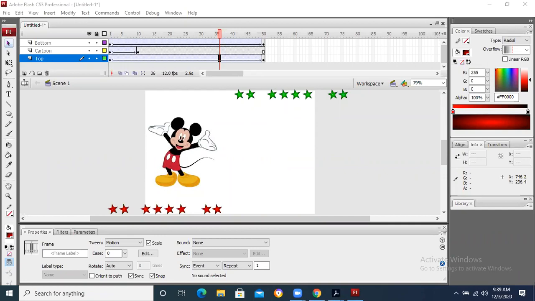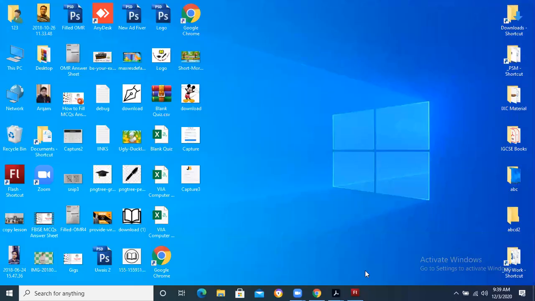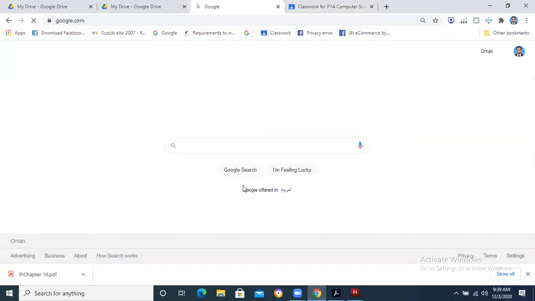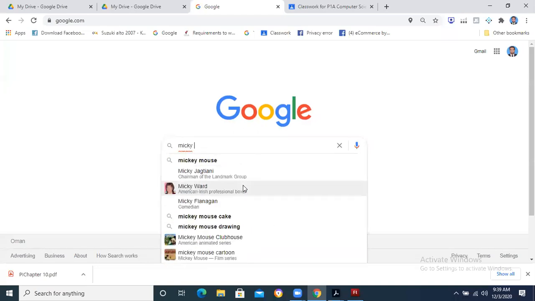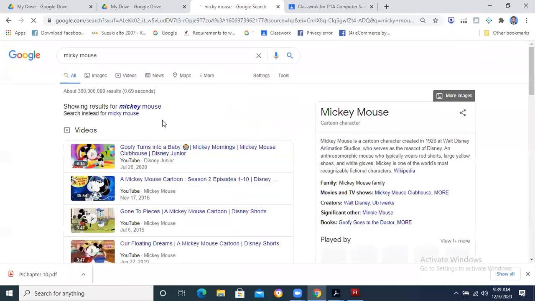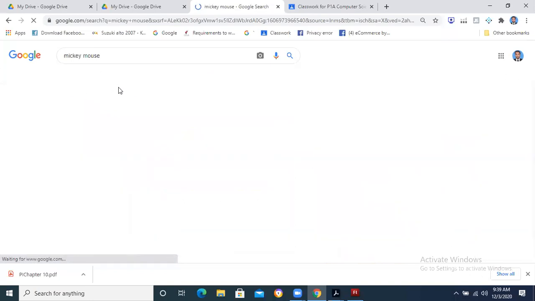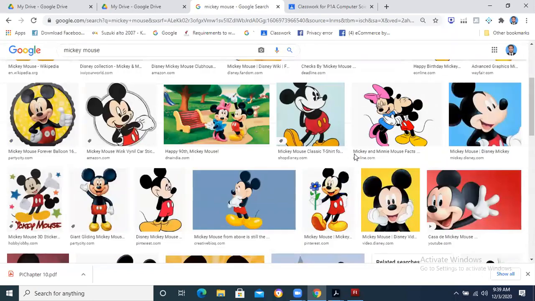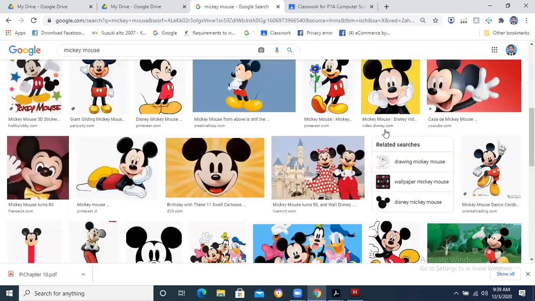Umar Jasim. Yes, Umar. Sir, my question was how you bring the cartoon character. Actually, I have saved it from the internet on my desktop. You will go to Google. Let's suppose you type over here Mickey Mouse. Okay, Mickey Mouse, Images. You will go to the images. You will find a number of images. You can take any image. Don't you know how to save the image?